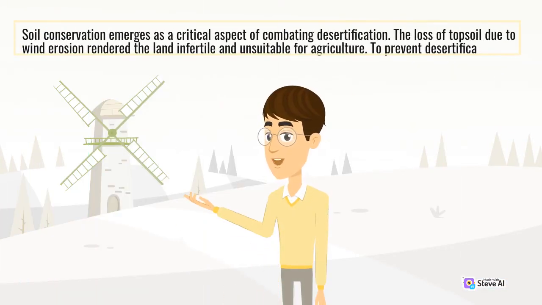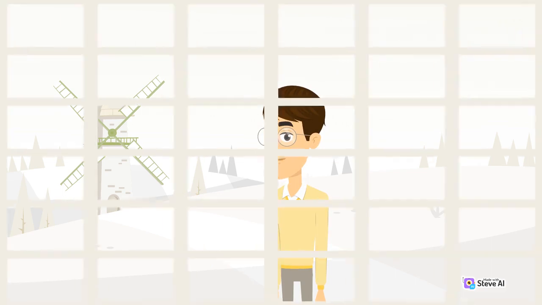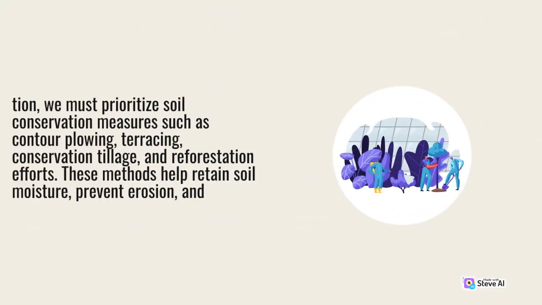Soil conservation emerges as a critical aspect of combating desertification. The loss of topsoil due to wind erosion rendered the land infertile and unsuitable for agriculture. To prevent desertification, we must prioritize soil conservation measures such as contour plowing, terracing, conservation tillage, and reforestation efforts. These methods help retain soil moisture, prevent erosion, and